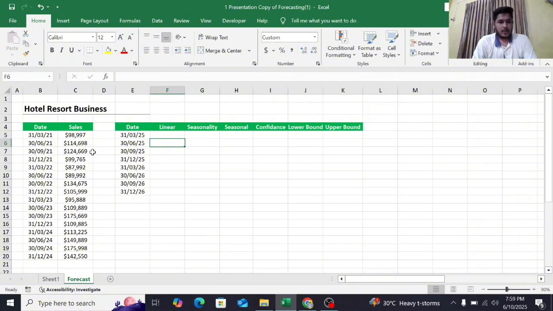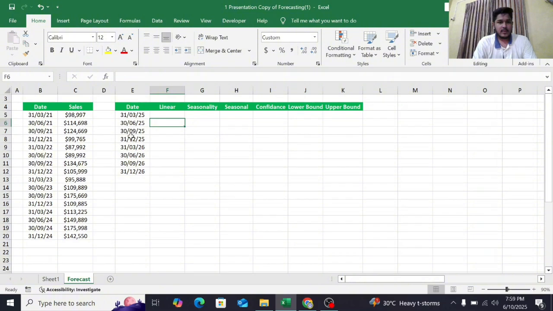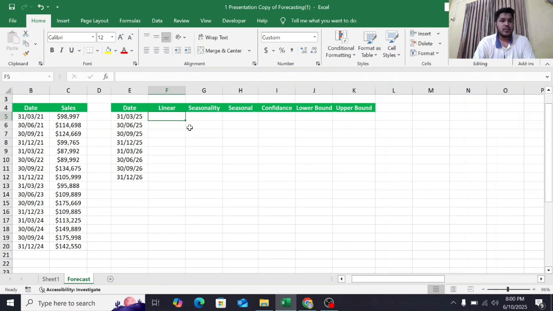For this hotel resort business, we can see that there are such options which we are going to calculate. First one is linear. What would happen if the sales we project is linear? So let's start. For this we have to use a formula called forecast. So let's start. We start with equal